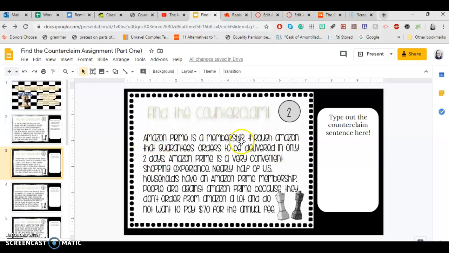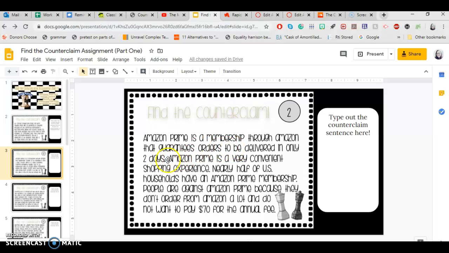Amazon Prime is a membership through Amazon that guarantees orders to be delivered in only 2 days. Amazon Prime is a very convenient shopping experience. Nearly half of the US households have an Amazon Prime membership. People are against Amazon Prime because they don't order from Amazon a lot and do not want to pay $70 for the annual fee. So obviously, the topic is Amazon Prime